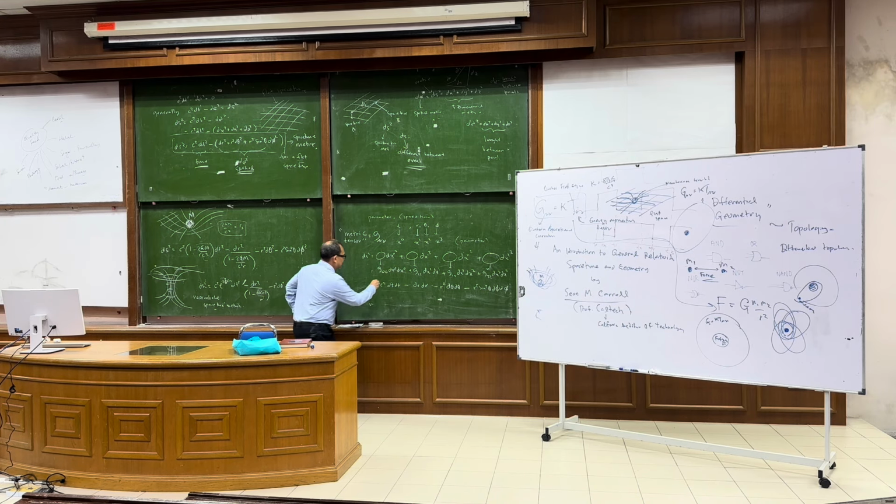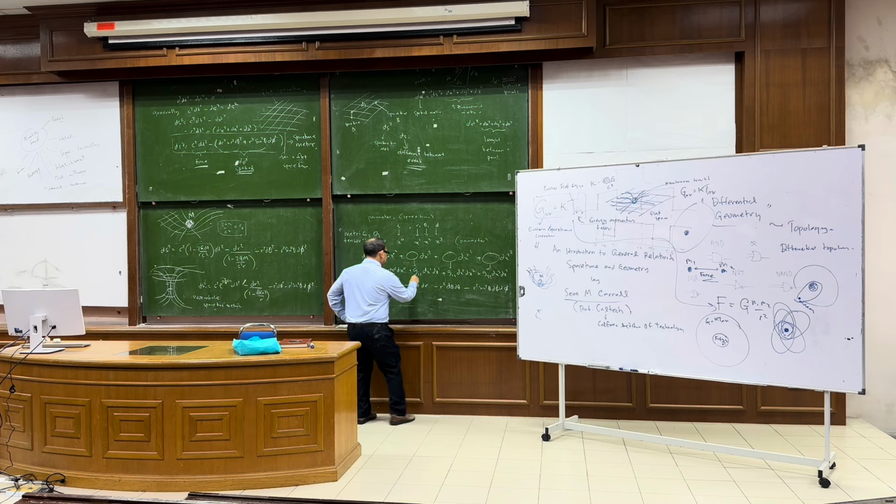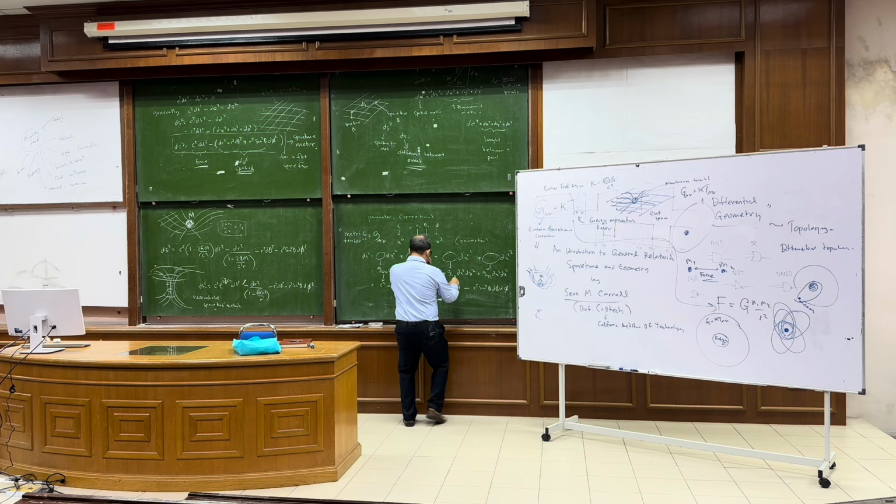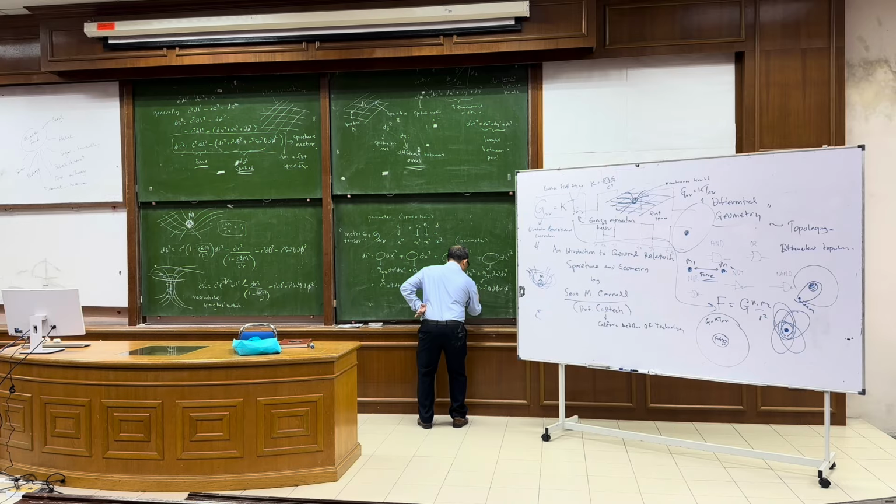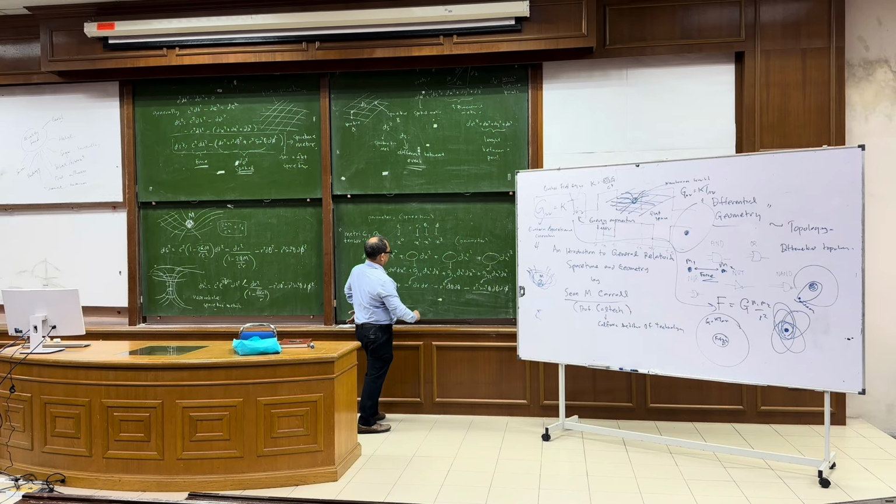So we can say that G00 here is this one, G11 here is this, G22 here is r squared, and G33 here is r squared sin theta. So we can say G00 is